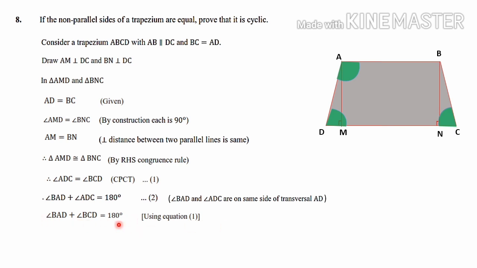So these two angles sum to 180 degrees. In this quadrilateral, opposite angles adding up, we have got 180 degrees. That is a property of a cyclic quadrilateral: opposite angles of a cyclic quadrilateral are supplementary. We have learned this before. By using that property we can say that ABCD is a cyclic quadrilateral, because the opposite angles add up to 180 degrees. Since the opposite angles are supplementary, ABCD is a cyclic quadrilateral.